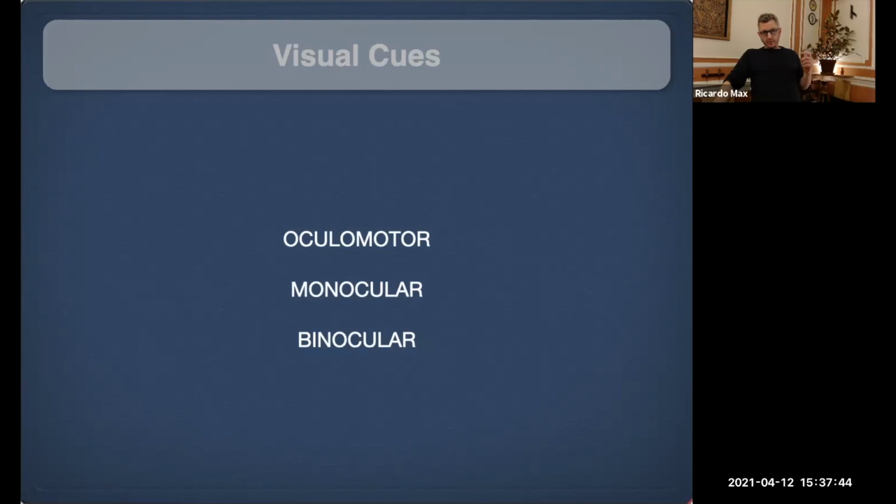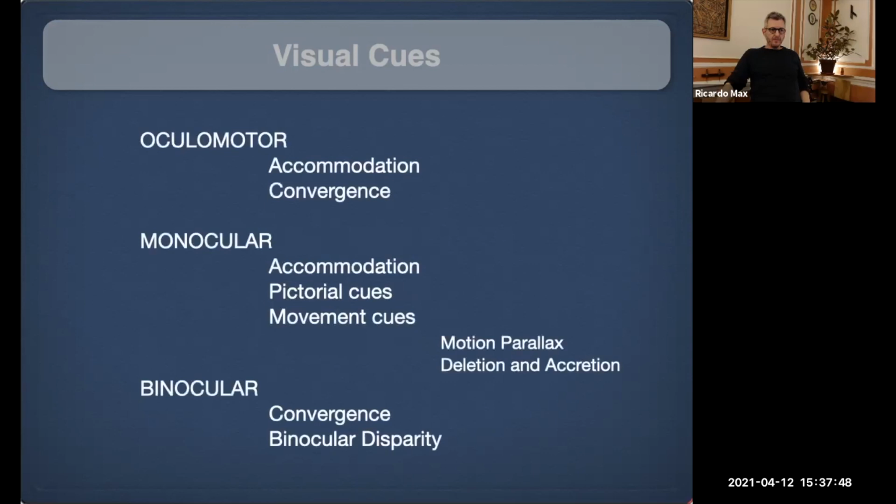Monocular cues we gather from both eyes, obviously.